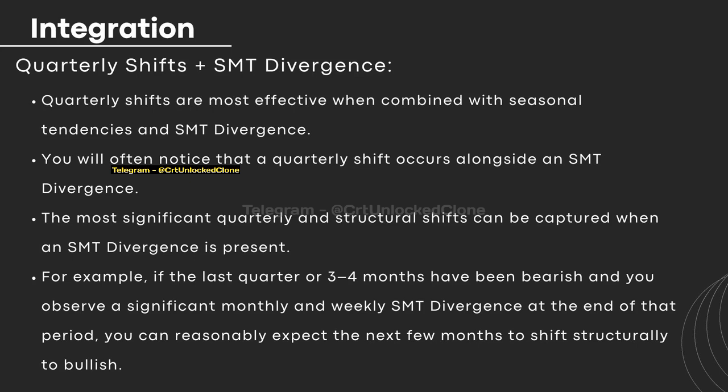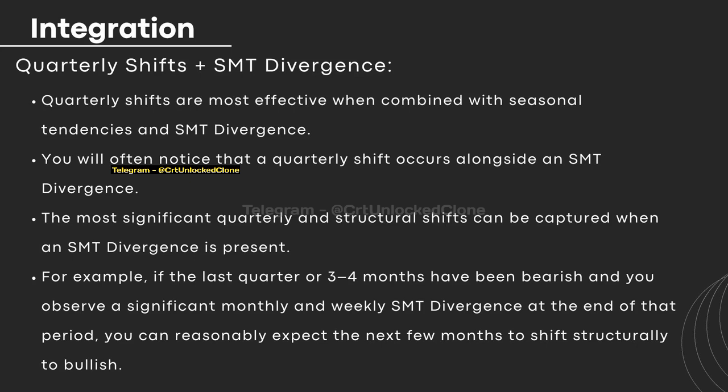Now, as I said before, quarterly shifts are most effective when combined with seasonal tendencies and SMT divergences, just like I said. You will notice that more often than not, a quarterly shift occurs in the presence of an SMT divergence, and the presence of an SMT divergence increases the odds of a quarterly shift happening even more. For example, if the last 3 to 4 months have been bearish, and then right at the end of that time period, you see a major SMT divergence in price